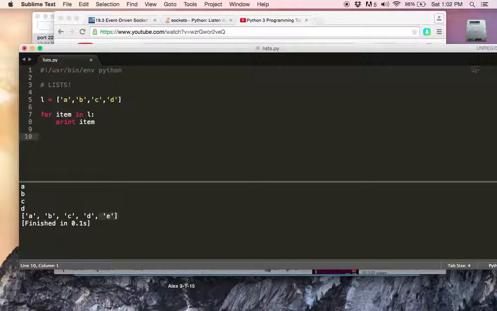So that's the append method, and what that does is it basically puts it at the end of the list. Another term you might use to express the same thing is push. So push would be basically adding an item to the end of the list. And the sort of inverse of append is pop, right? So when we do that,